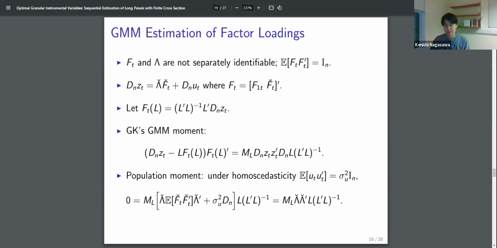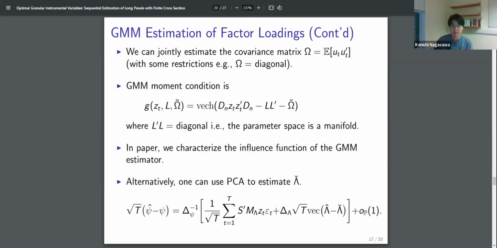So our suggestion is to use a different moment to estimate the factor loadings. So here we use this specific moment, and this is not our invention. This has been in the literature. But the nice thing about this moment condition is that you can also estimate the covariance matrix of idiosyncratic shocks. Of course, you need to put some restrictions, like you cannot allow for arbitrarily correlated idiosyncratic shocks across units. So